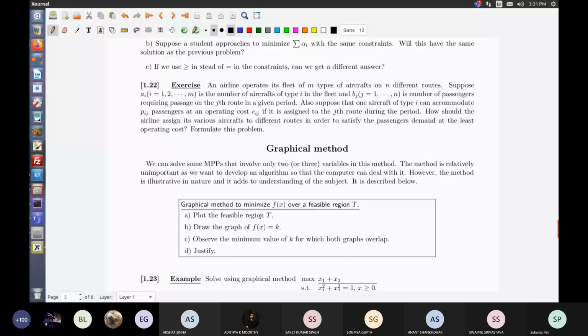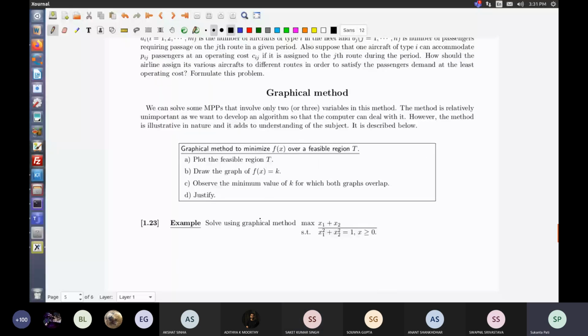The graphical method. This is a very fast, simplistic approach. It can work for nonlinear objective functions, I mean sets that are determined by nonlinear functions, but the only problem is that it works only with 2 variables, and at best with 3 variables if you can imagine it. Beyond that it becomes difficult.